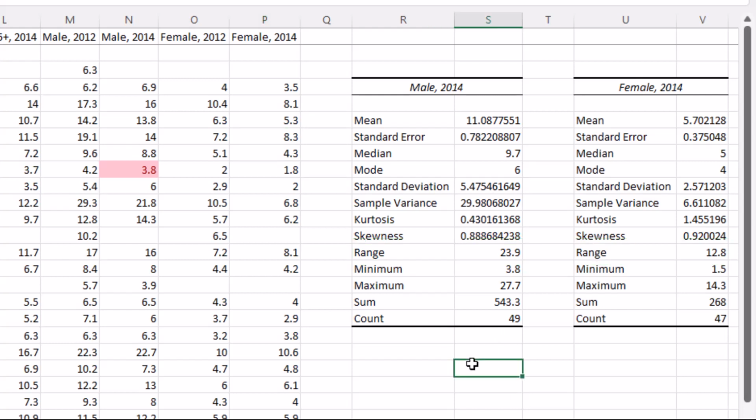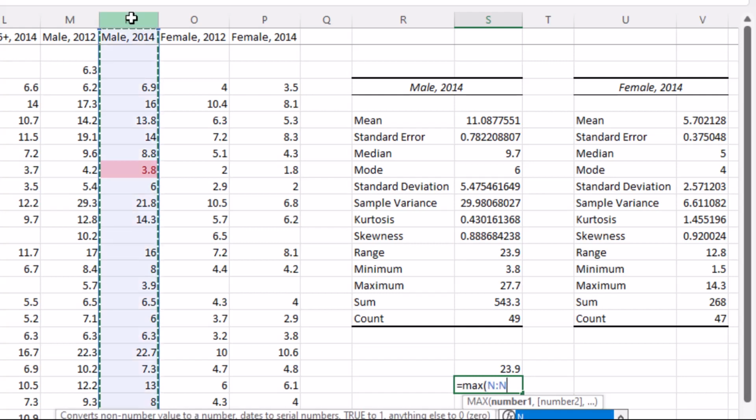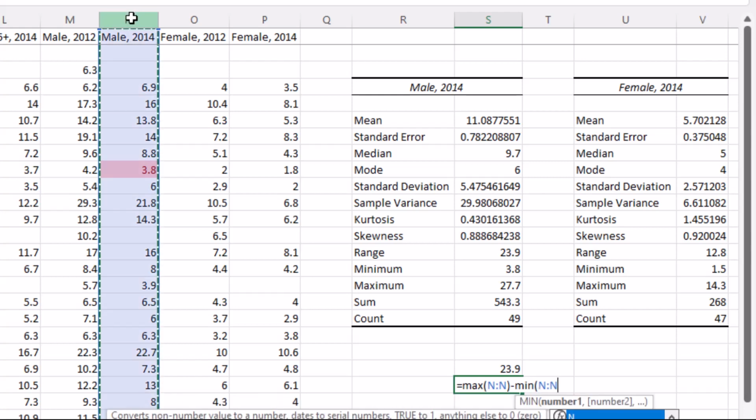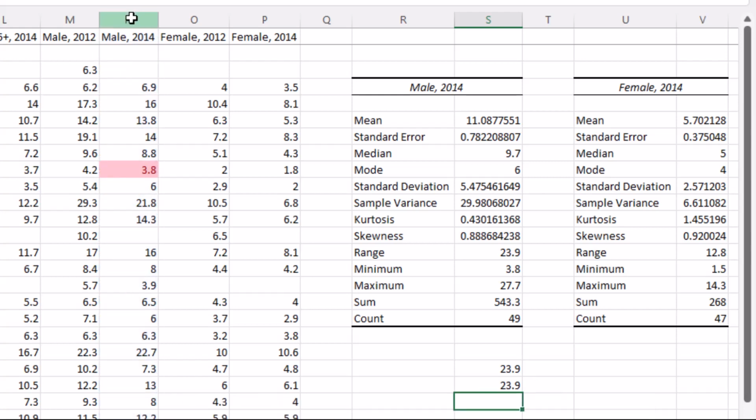So let's try to do this for males here. The max value for males is 27.7 minus 3.8, which is the min value, gives us 23.9, which is the same thing as the range in the output. Put another way, we could use this with formulas: equals max of the males minus min of the males, 23.9.